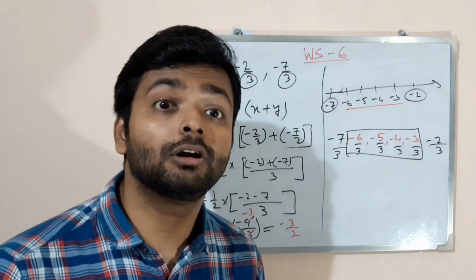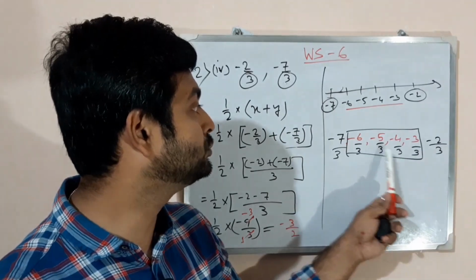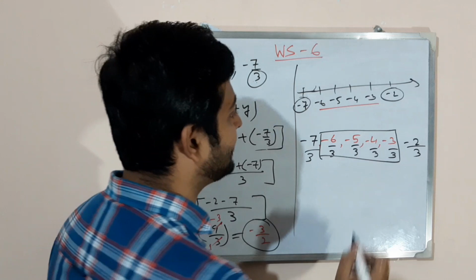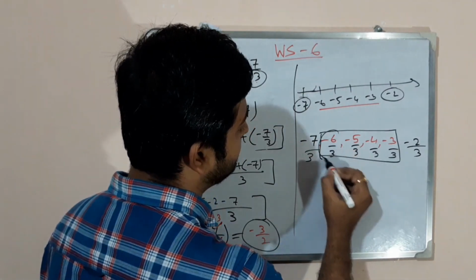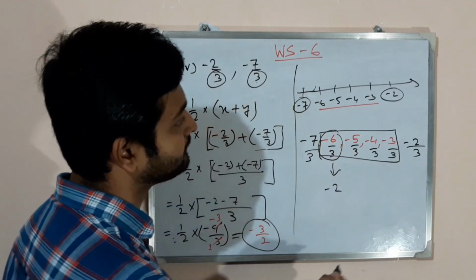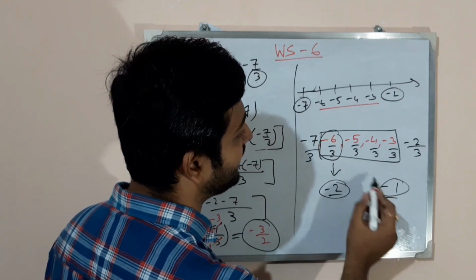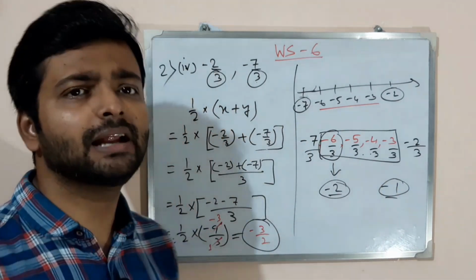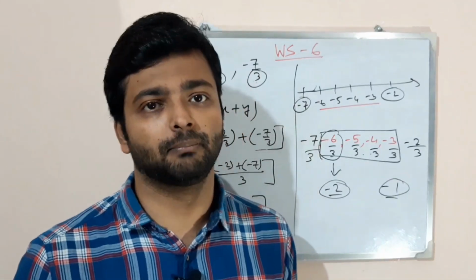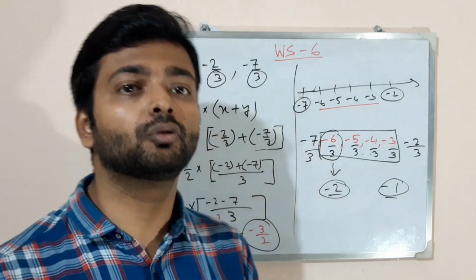They have told you to find only one rational number. How many rational numbers will you get? Many rational numbers. 1, 2, 3, 4, 5. That way you can do it. Any one number you can write over there. And please students, this number can be simplified. That is minus 2, you can see, and that one minus 1. These also you can write by simplifying, or these two also you can write as any rational numbers, and by doing this you can get many rational numbers. So either you can follow this method or that method, whatever is easier for you, follow that one.